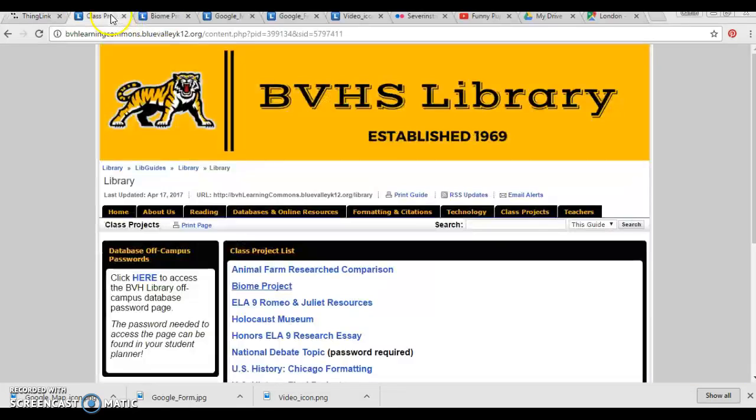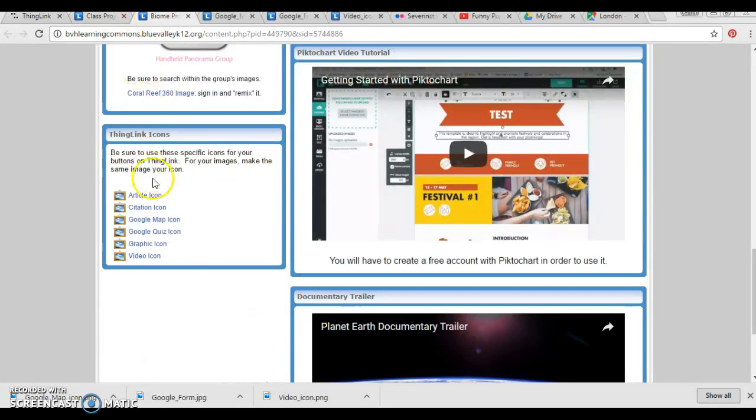Okay, so just remember that your biome needs to have all of these different things. The article is just like when I showed you the history.com thing, where you just copy and paste the URL. The citation, I would put your citations in a Google Doc, and I would share that, okay? And then Google Map I showed you, Google Quiz I showed you. Your graphic, what I would do is